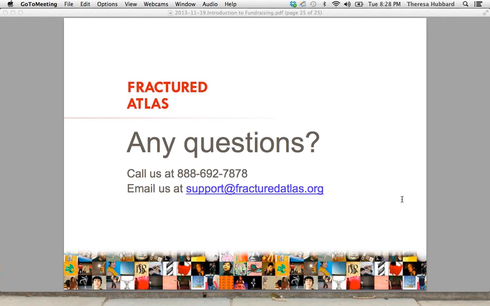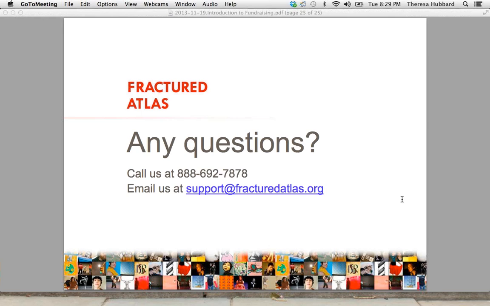Is there an advantage to partnering with both Indiegogo and RocketHub, or is it better to go with one or the other? I think that you should not run both at the same time. However, there's no harm in doing one of each at different times to see which one you like better and which one speaks better with your donors. I think it's absolutely appropriate for you to try them both out, or even just to look at both of them to see which branding you like better and which one you think has easier